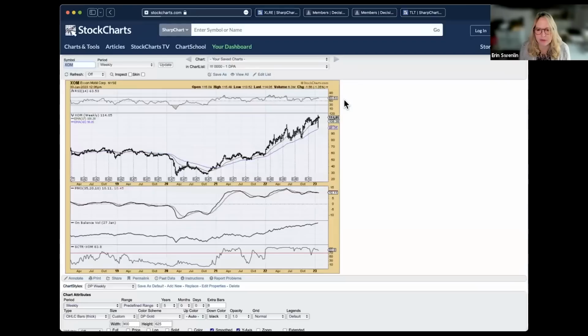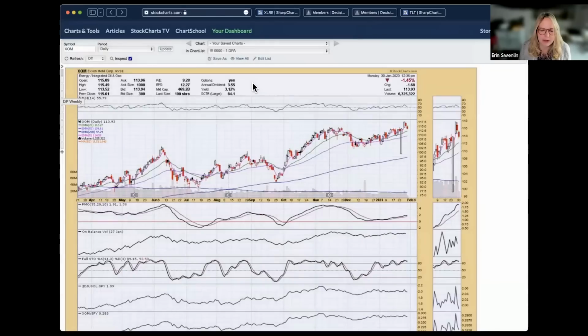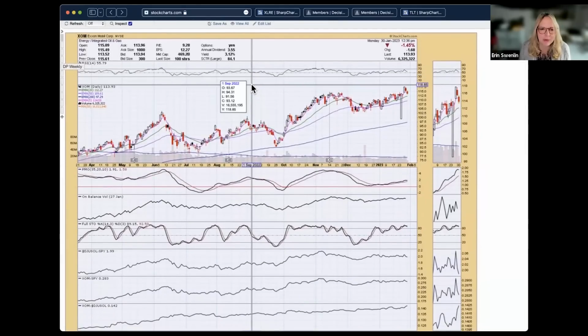And a weekly chart real quickly. PMO is pointed downward here as well. Scooter is still in what I call the hot zone above 70%. I say it's a hot zone because with the StockCharts technical rank, it tells you how this stock ranks amongst its brethren, its universe, and in this case, all of the large caps. So if you have a stock that is above 70%, that tells you that it is in almost the top third of all of its universe.